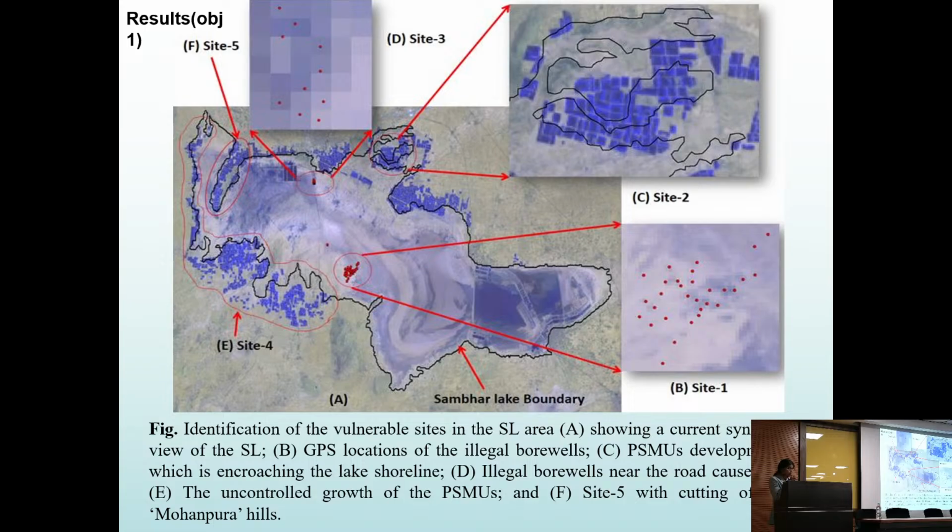Another is, see, for any water body there is a catchment area. If you construct buildings in the catchment area, you will restrict the water intake. Suppose rainfall is taking place. In terms of surface runoff, water is coming to the main lake. So if you construct buildings in the catchment area, the water intake of the lake is blocked. So that is also one point why the water content is diminishing.